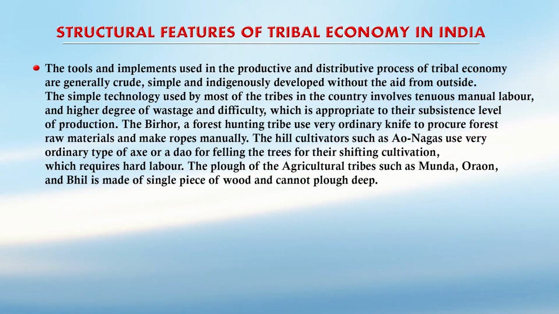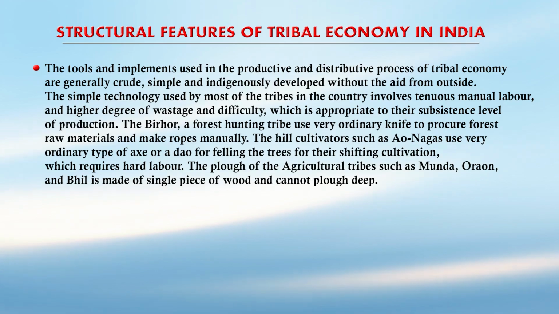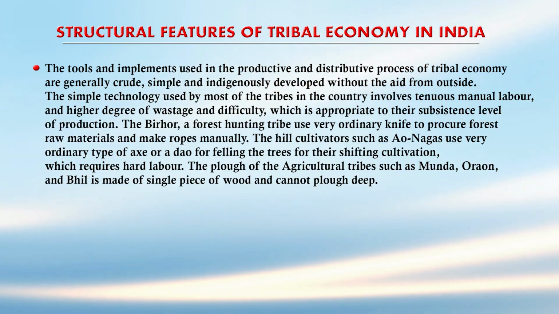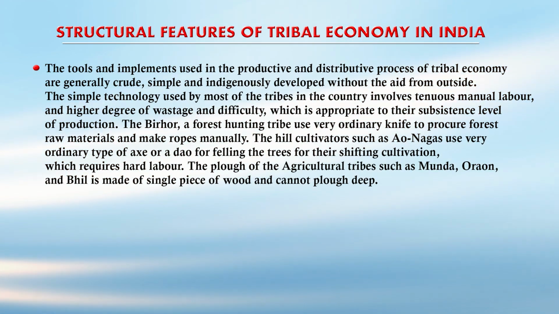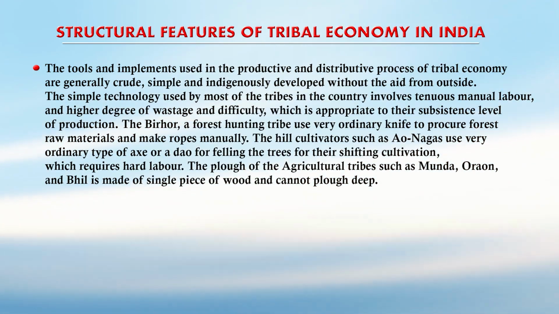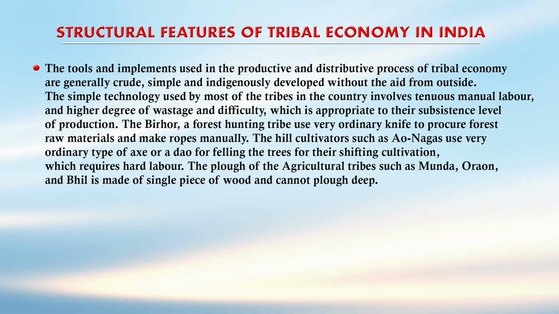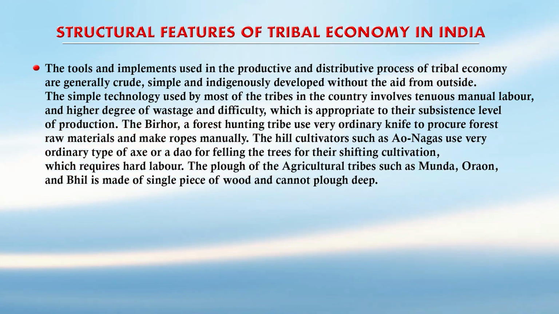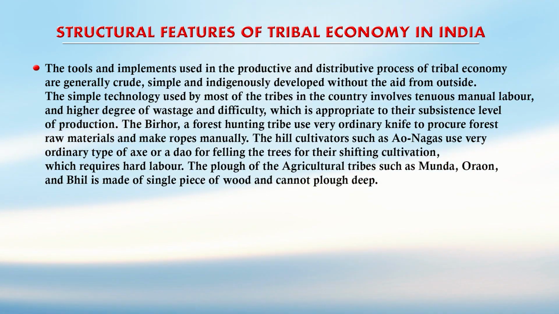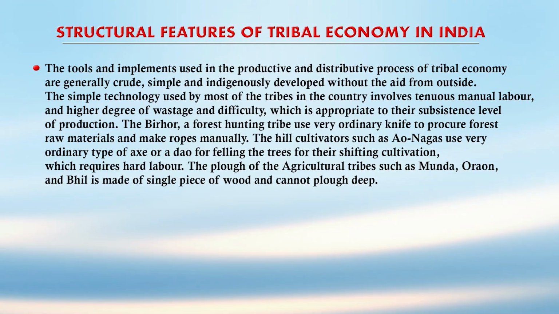The simple technology used by most of the tribes in the country involves tenuous manual labor and higher degree of wastage and difficulty, which is appropriate to their subsistence level of production. The Birhor, a forest hunting tribe, use very ordinary knife to procure forest raw materials and make ropes manually. The hill cultivators such as Ao Nagas use very ordinary type of axe or a dao for felling the trees for their shifting cultivation, which requires hard labor. The plough of the agricultural tribes such as Munda, Orao and Bhil is made of single piece of wood and